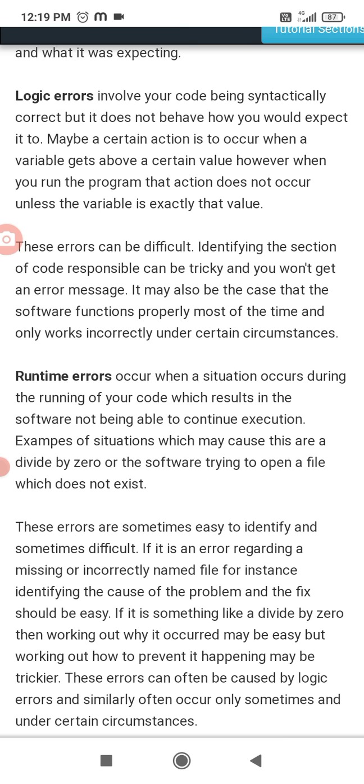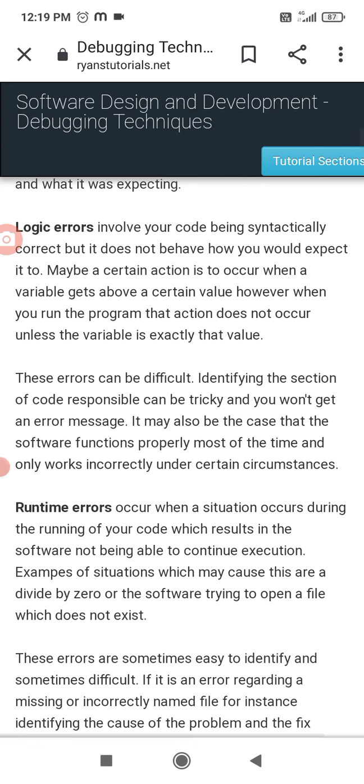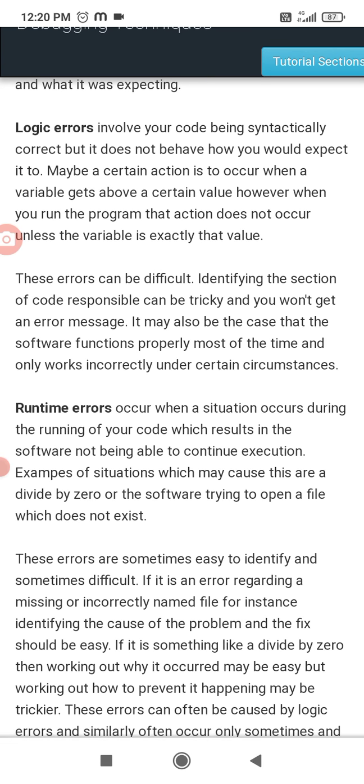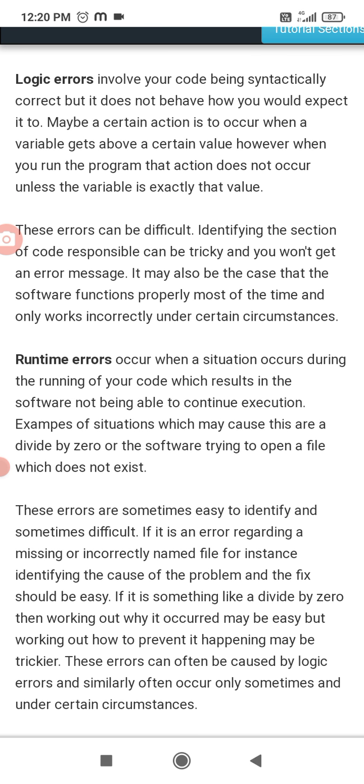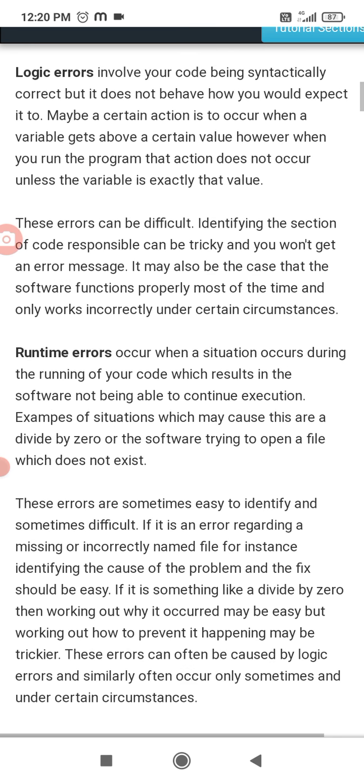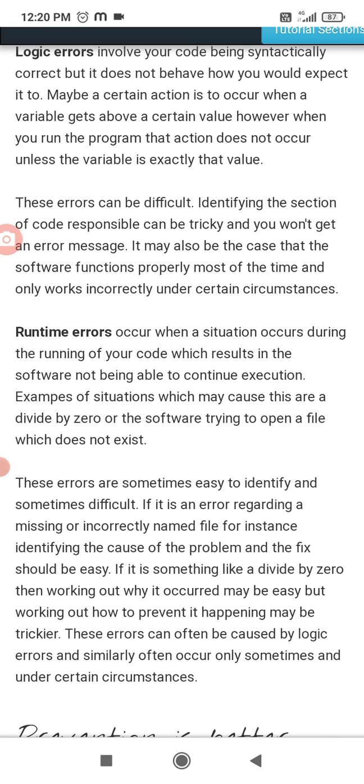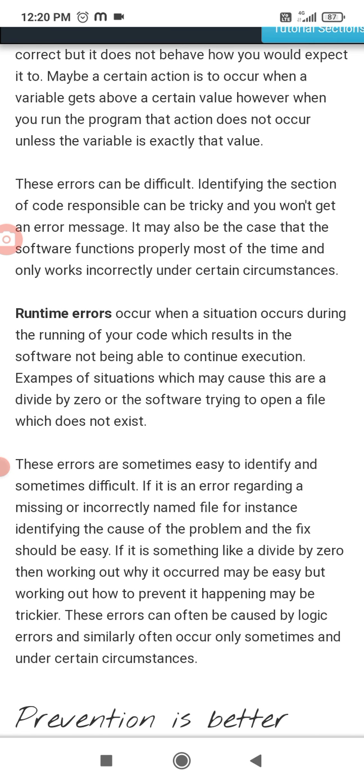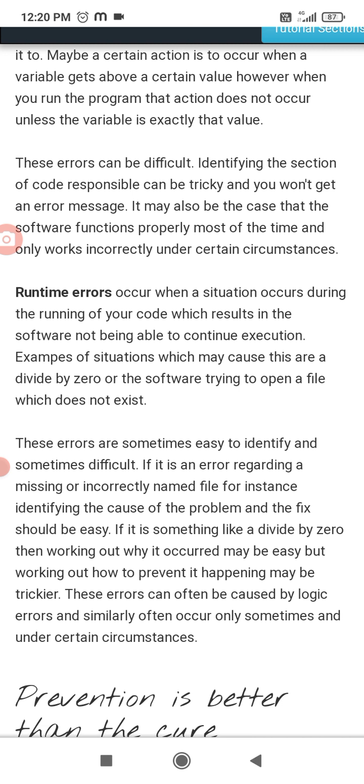The third error is runtime. The first is syntax error, the second is logic error, and the third is runtime error. A runtime error occurs when a situation arises during the running of your code which results in the software not being able to continue execution. The error is raised while your program is running, and because of it you can't execute your whole program.